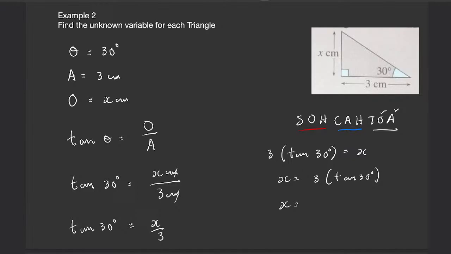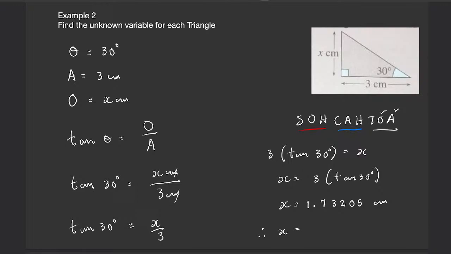So here I got 1.73205, right? And that is cm. But I'm going to put my answer to 3 significant figures, and here moving forward I'm going to put all my answers to 3 significant figures, right? So therefore x is equal to, if I'm doing 3 significant figures,